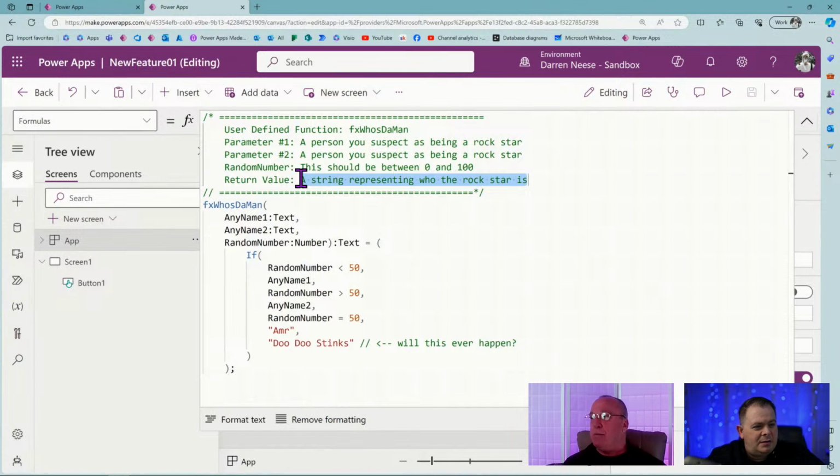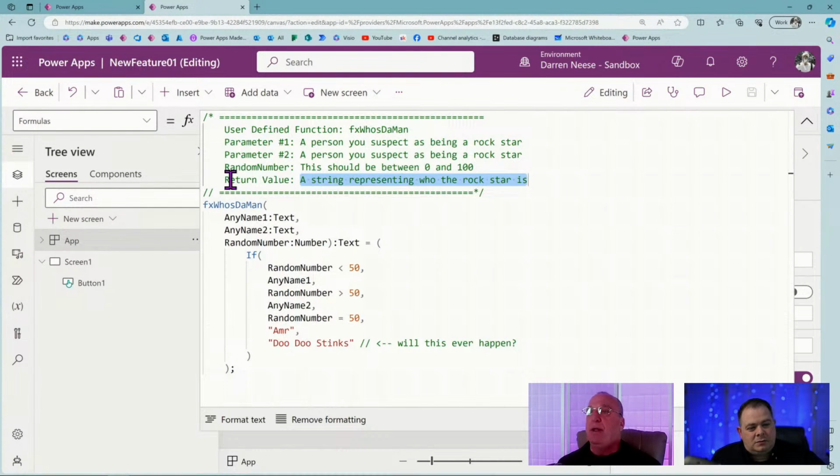Just to finish that off, somewhere in the deep, dark recesses of Microsoft's Power Apps, somebody wrote a baby program, a function called if. It goes out there and does the same thing we're doing here. It does some stuff with these parameters, and it's going to return a value. Okay, go ahead, Darren.